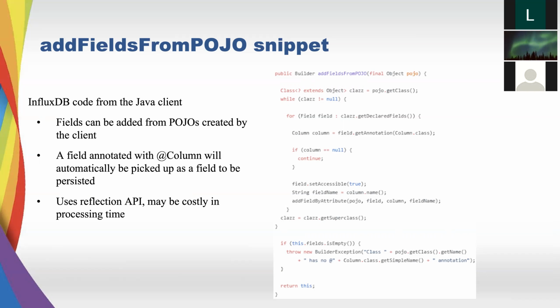So everything taken by this builder method is going to be a field, and it does so through the reflection